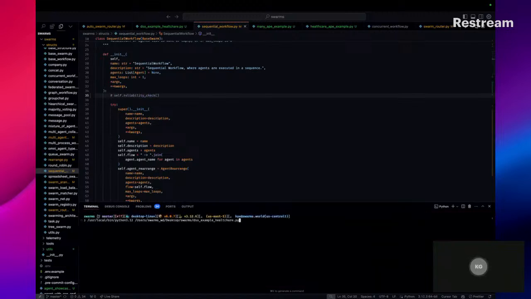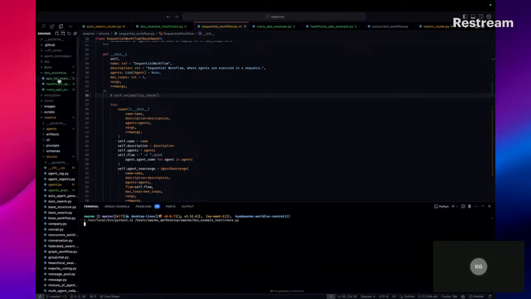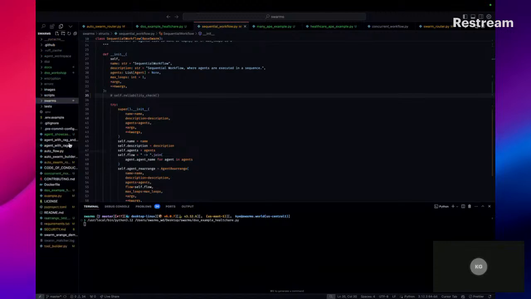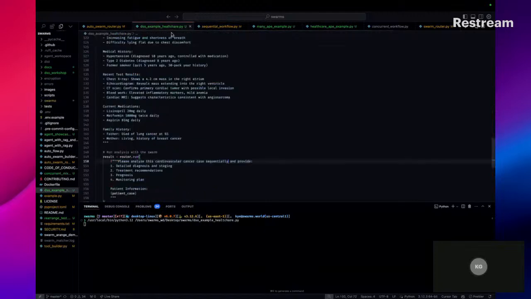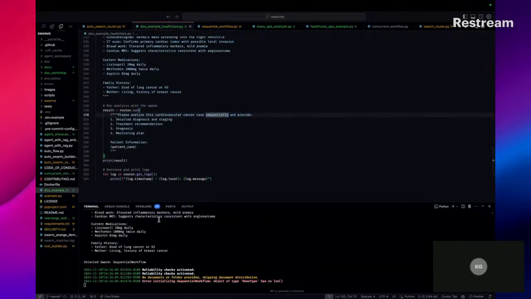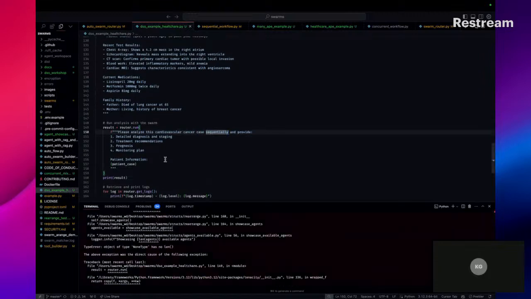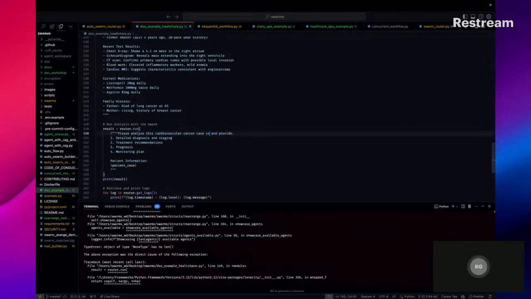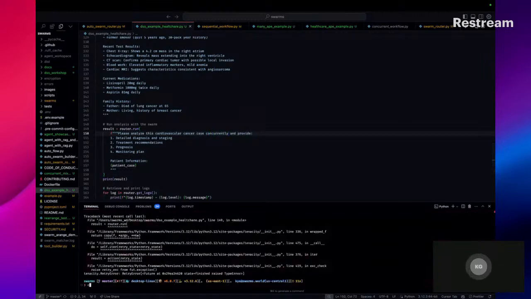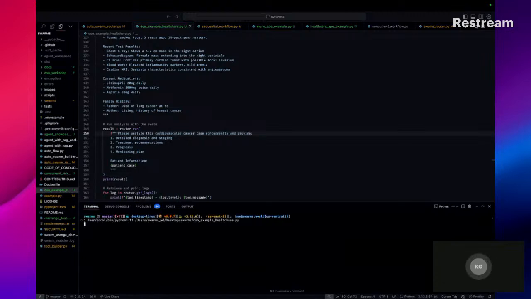Let's try it again. If we change this to say concurrently, it should choose the concurrent swarm.